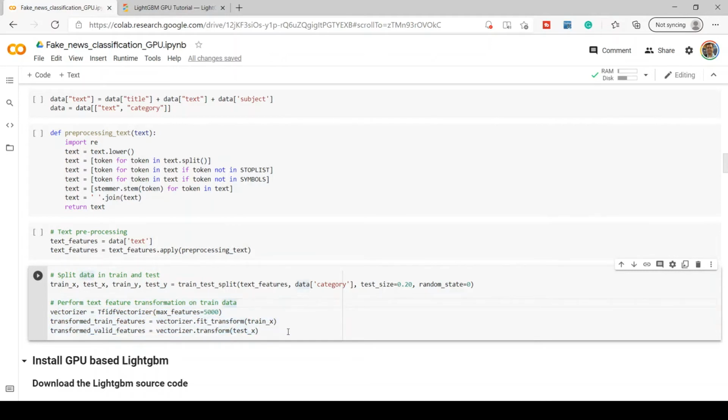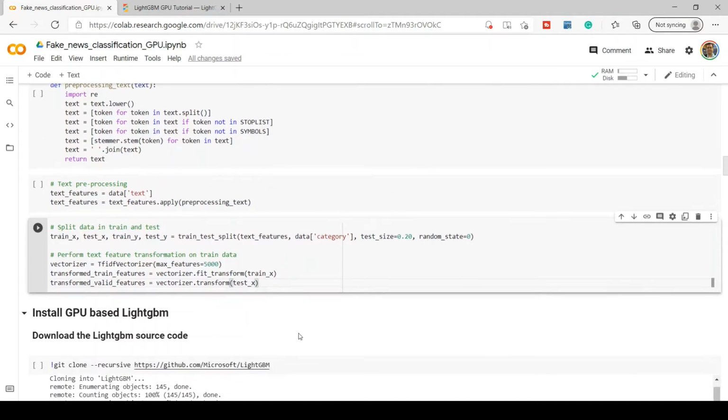At the end of this step, we'll have transformed train features and transformed valid features. Using these two feature sets, we would be training the machine learning model, and using the validation set we would be able to validate our test results, right? So those are the activities we need to perform before running our LightGBM model training.